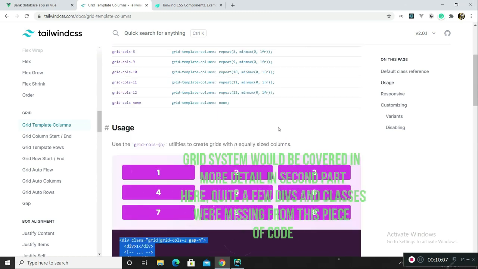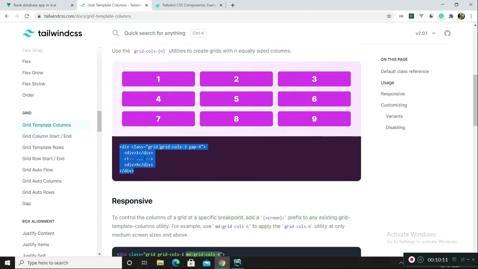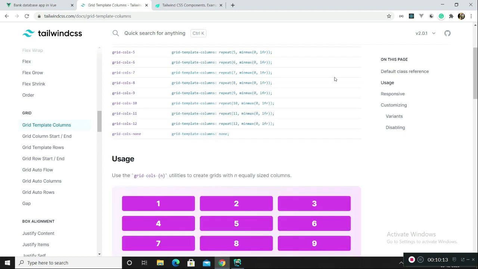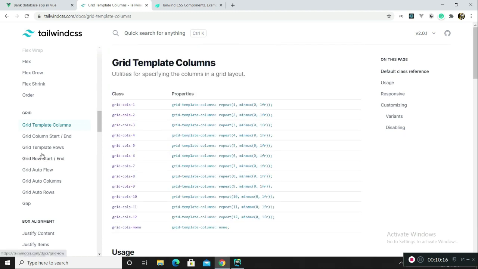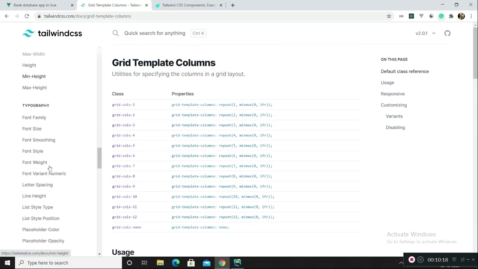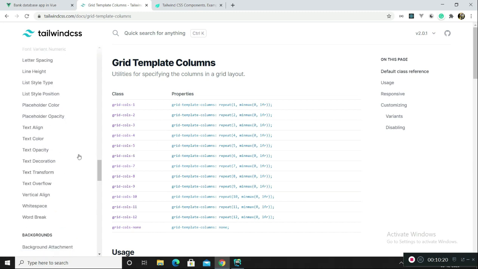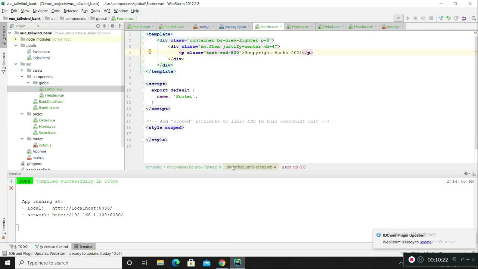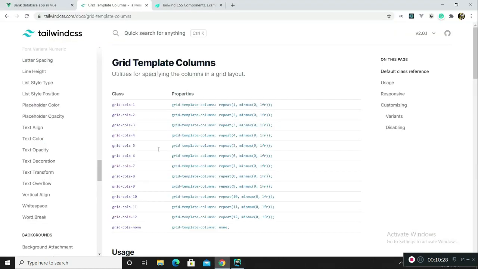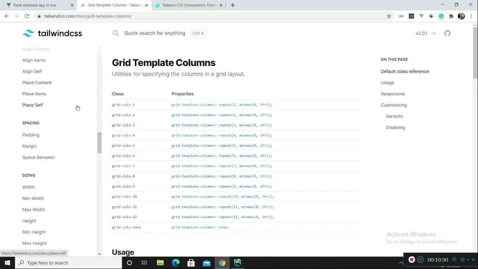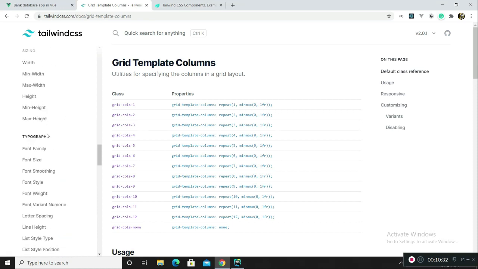Okay, I don't know if that would work. There are a few features which are omitted here, so it might not work properly. Anyways, basically what I did is just install Tailwind CSS, and I referred to the documentation for different classes which I can use for different purposes.